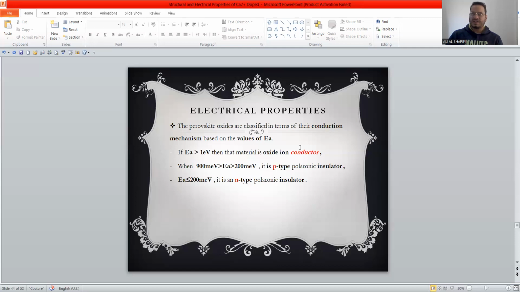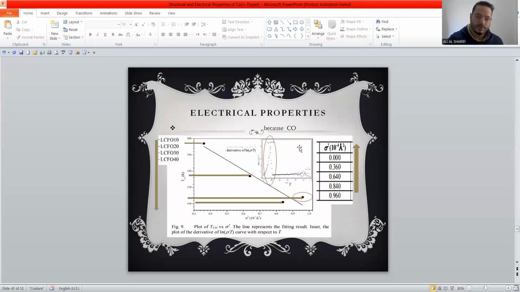When the activation energy is smaller than 900 millivolts and bigger than 200 millivolts, in this area, it's an insulator, but of p-type. If it's less than 200, it's an insulator but belongs to the p-type kind. Here